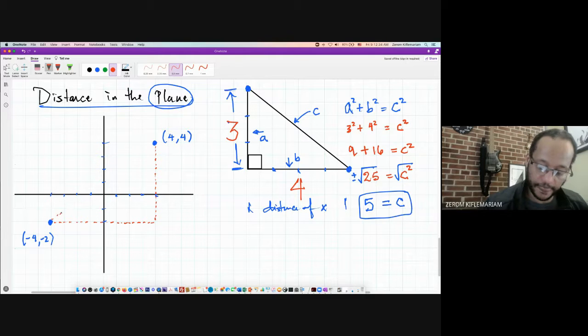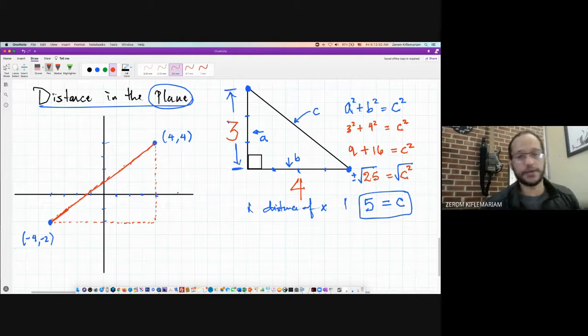So basically, we are looking at a triangle. My goal is to find this distance, but if I look horizontally and vertically, it looks like the Pythagorean theorem is going to be applied. If I know the distance horizontally and the distance vertically, then I can go ahead and find my answer. So the distance formula is given by